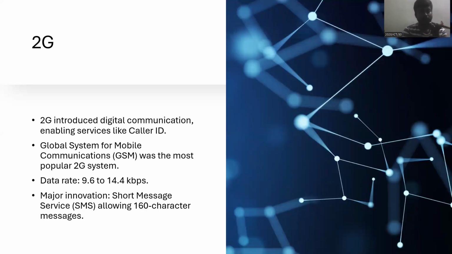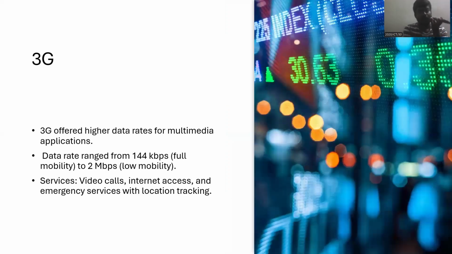Let's move to 2G technology. 2G introduced digital communication, enabling services like caller ID. Global System for Mobile Communications was the most popular 2G system. According to the data rate, 9.6 to 14.4 kbps was used in 2G technology in earlier days. Major innovation of 2G technology is short message services. It means SMS. I think we all know about the SMS, allowing 160 character messages. Next one,